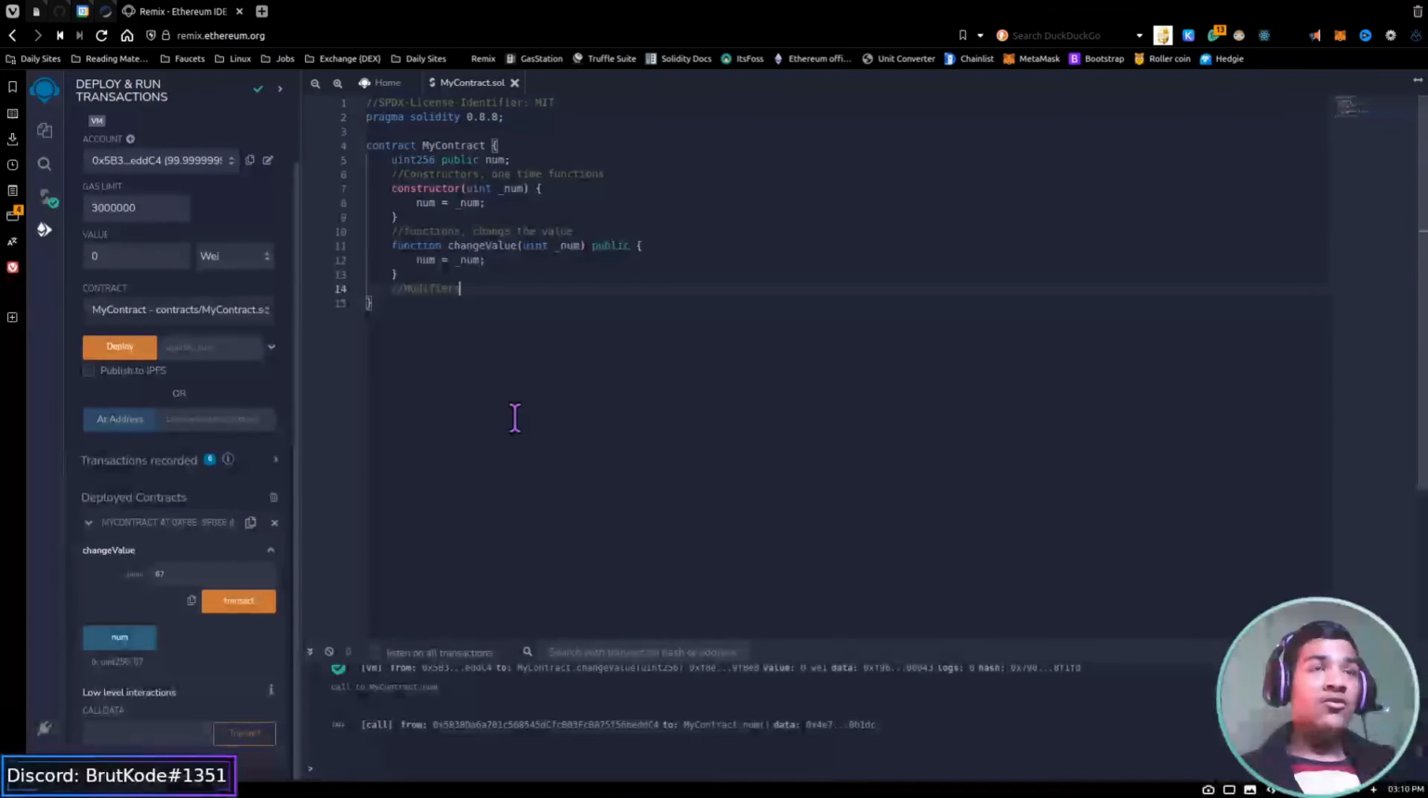Modifiers are widely used by developers all over the globe. The main purpose of modifiers is to reduce the code. So suppose you have a function add, which is a public function,